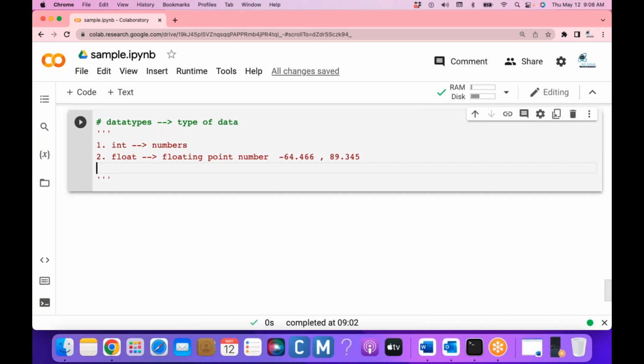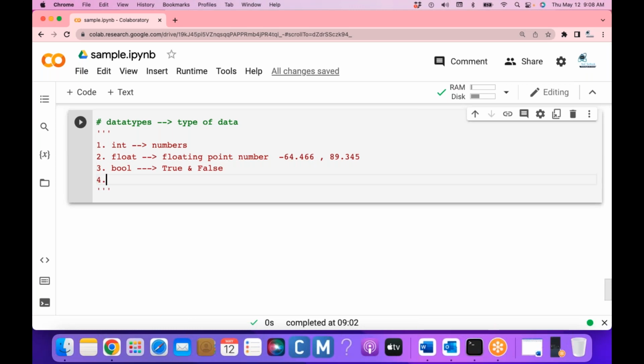Okay, point. And we have one more data type, the bool. There we can hold true or false data, which we call a bool. And we have one more data type, complex. Complex means, in mathematical notation, complex numbers, something like x plus yi format, right? i means it's imaginary. x is the real part, and y is the imaginary part,